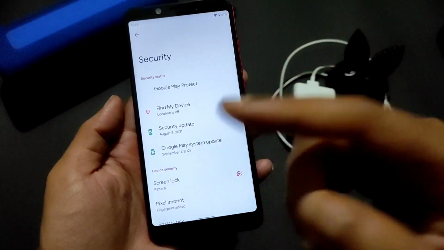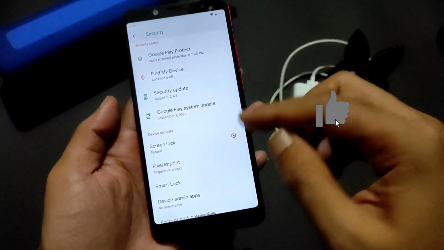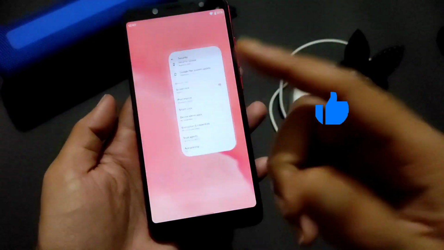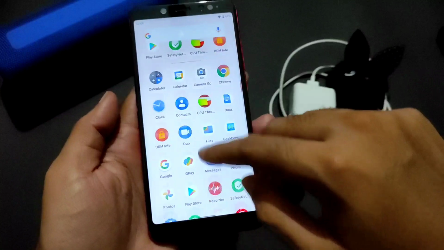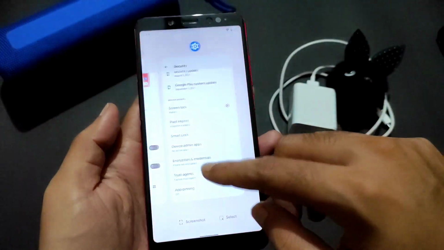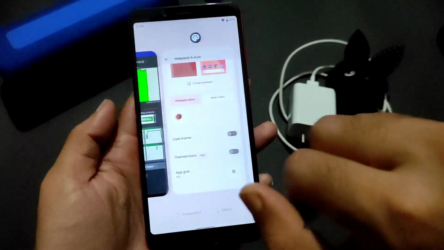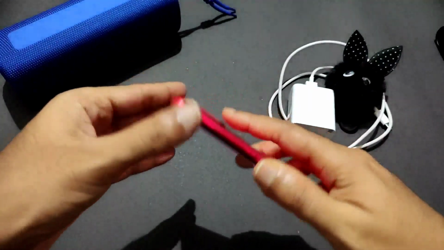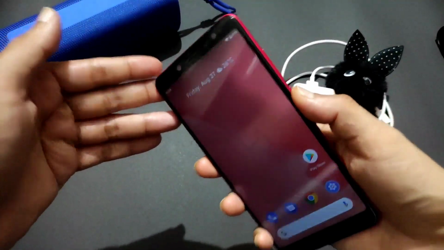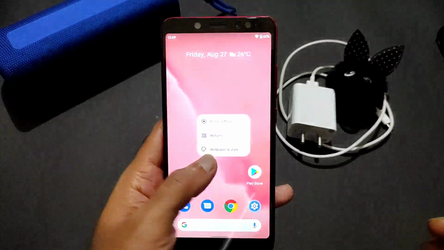And security, as I said, the face unlock is still not available in this stock type of ROMs. It depends upon different ROMs, and you can definitely try it out as a daily driver. It's really working great considering it's an Android 12 build. And this is how the performance is. And once again, I'll show you the fingerprint unlock. You won't get any face unlock options.